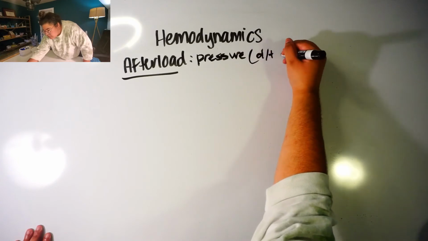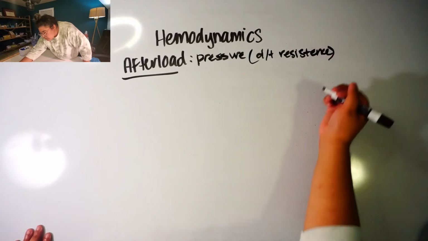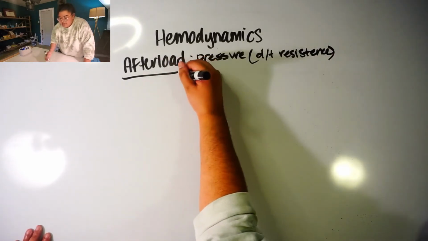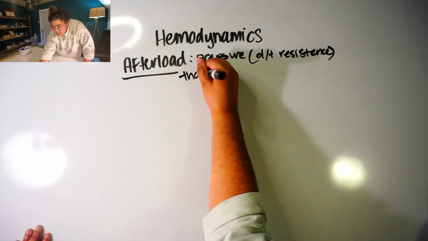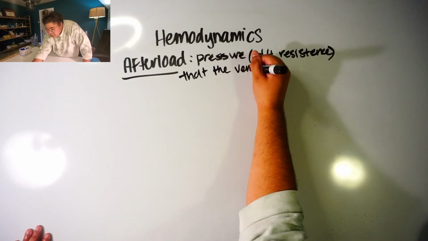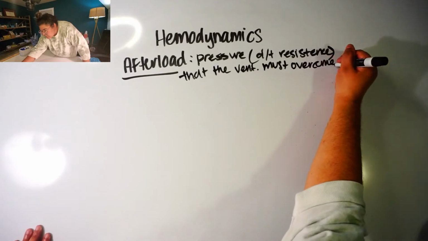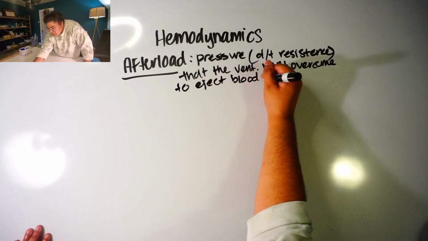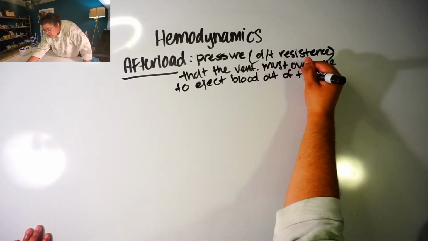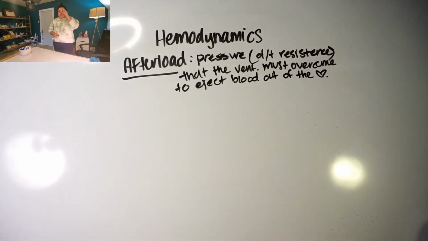This pressure is due to resistance that the ventricles must overcome to eject blood out of the heart. Okay, so think of afterload as, say you're trying to open a door and that door